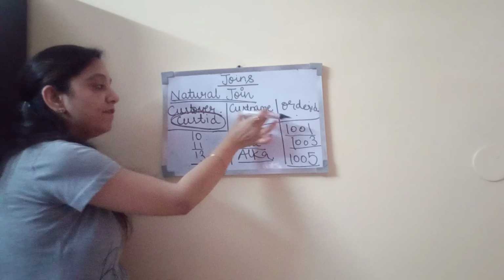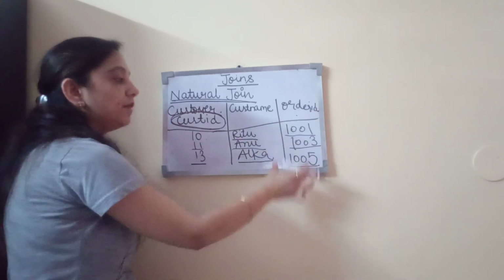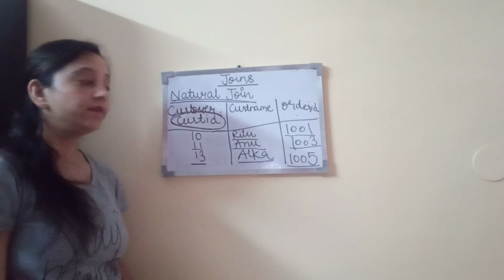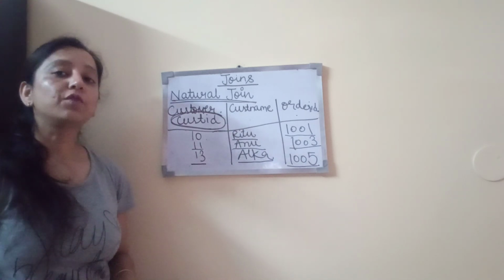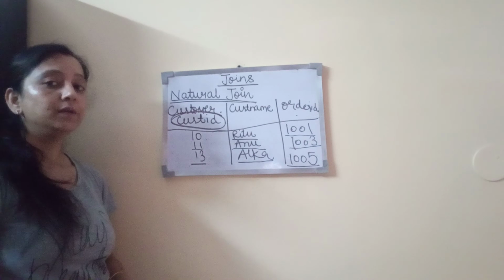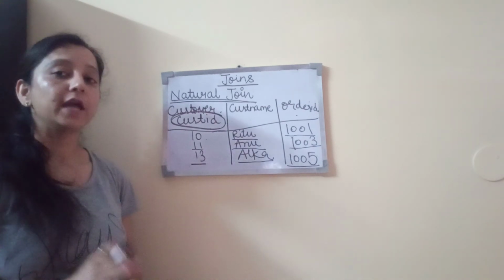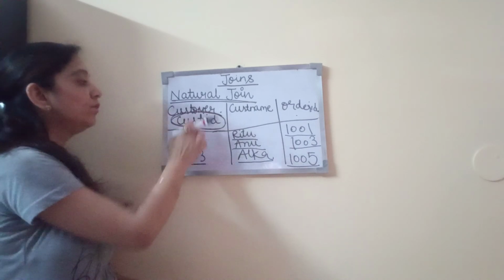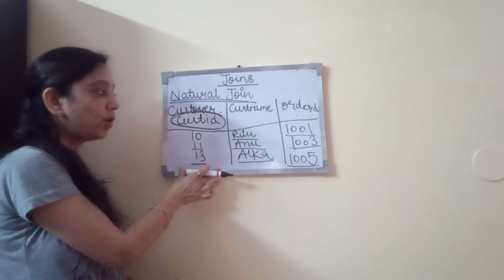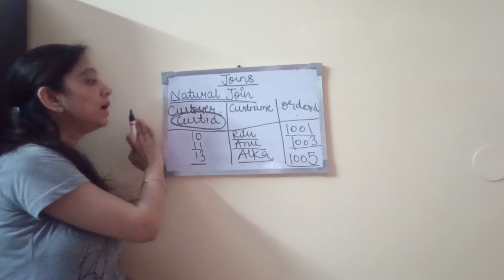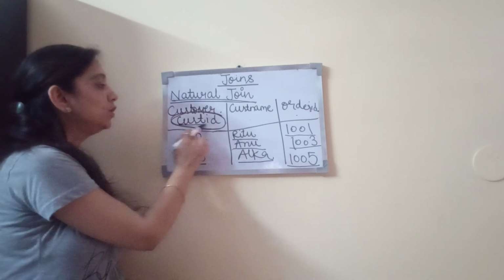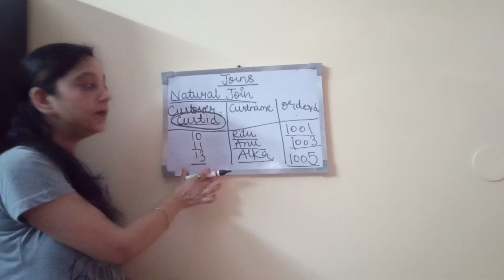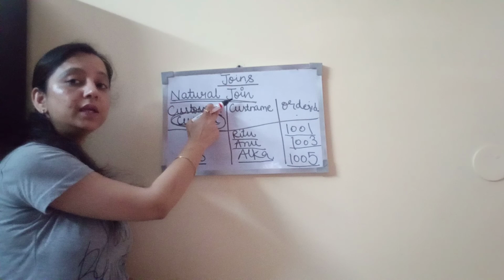Then we have the customer name and then we have the order ID. Rest everything is the same, and the same purpose is solved here also. That is, we get the list of all those customers who have placed an order. The list of all those customers who have placed an order is shown with the help of this natural join. But here we have eliminated the redundancy of the common column, the customer ID. It is represented only once in the resultant table. So this is the natural join.